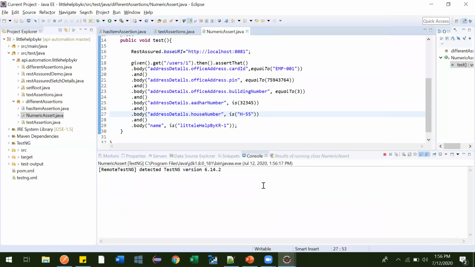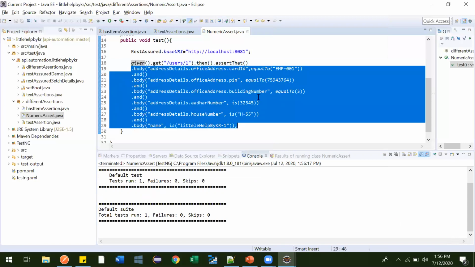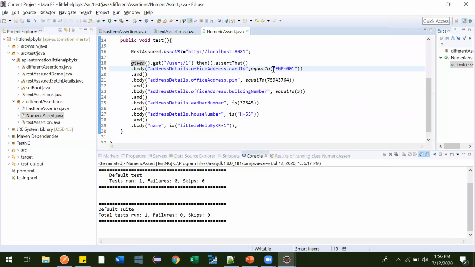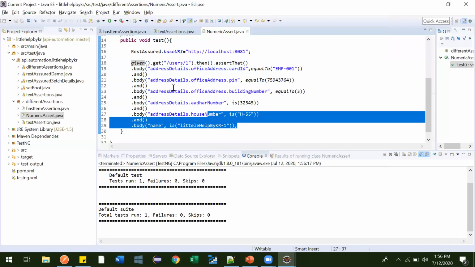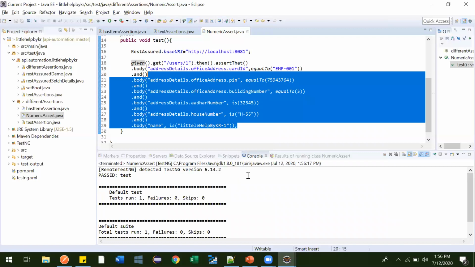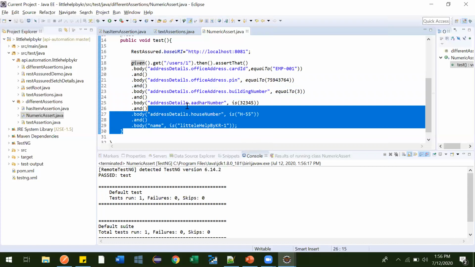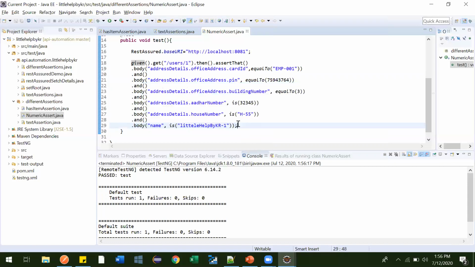To avoid these things we can use one instance. We can store the response in a variable, and then we can use all the assertions in one shot. At that time, if any one fails in between, it will not stop there. It will fetch all the details and tell you your expectation was this, and your output was this. Otherwise, if it fails in between, the others are skipped and not checked at all.